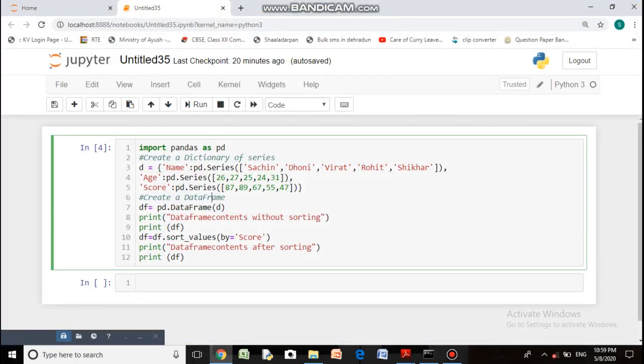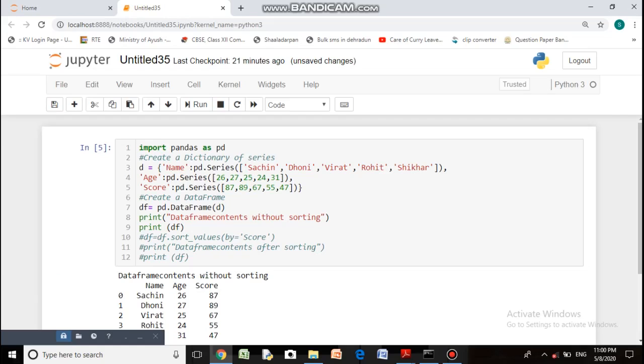So here you see I have just copied down this code, and simply we are creating a data frame. Now I will just make these three lines comment initially just to see how the actual data frame appears, and just run it.